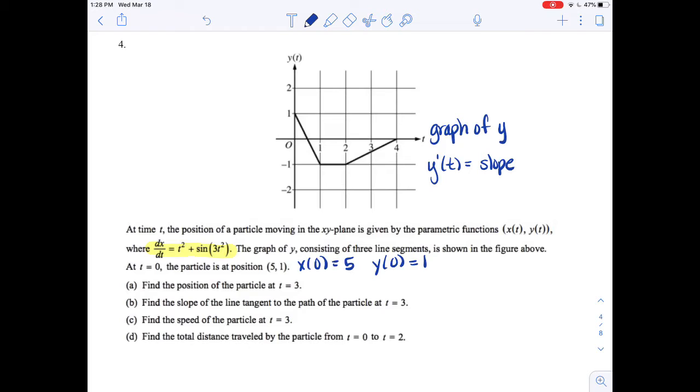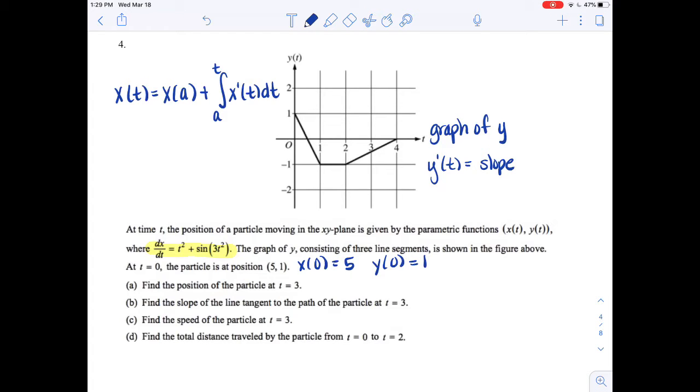Okay, so other things that you might want to point out: if you need to find the x coordinate at a specific time or the y coordinate at a specific time, you're going to have to set up an initial value question. So if I want to know what x is at some specific t, I have to take whatever initial location I'm given that the particle is located at. So in this case, x of 0 equals 5. And I have to add to it the integral from when I knew that initial point to when I want the final location. And remember, you're integrating technically the velocity to get back to your position. In this case, I'm going to look at it as x prime of t because that's the velocity specifically